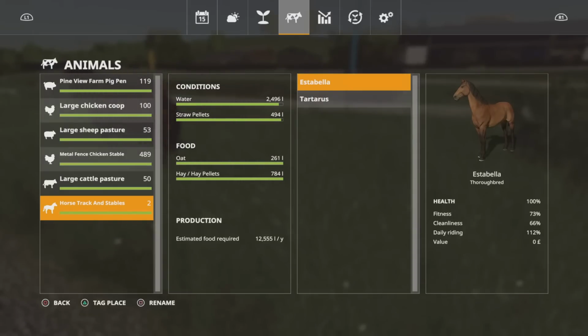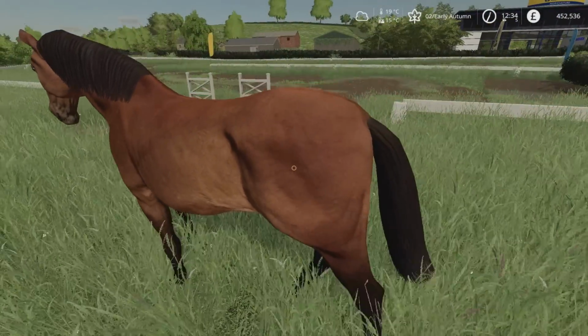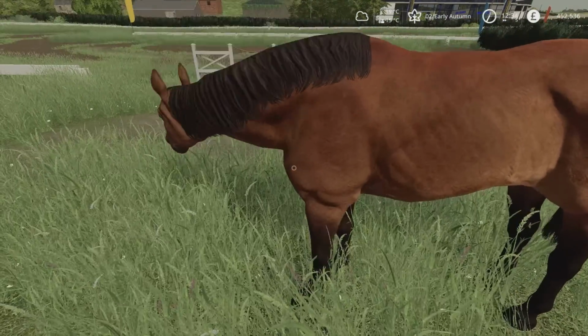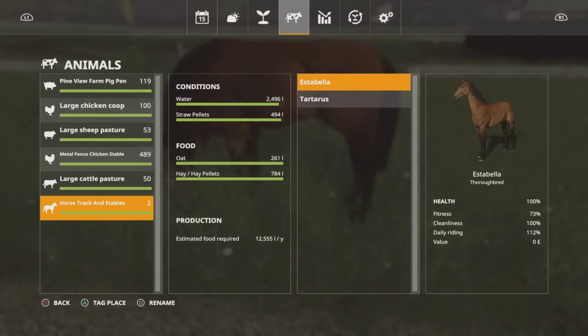How are we looking? Cleanliness 66%. Come on. Stand still. There we go. Right, so it should be fitness 73%, cleanliness 100%, daily riding 112. So I'm assuming health is good, fitness will improve each day, I guess, as long as the riding goes above 100%. It won't drop below that. But will the fitness go up quicker if they exercise more? Like I said, I don't know. There's so many things I'm